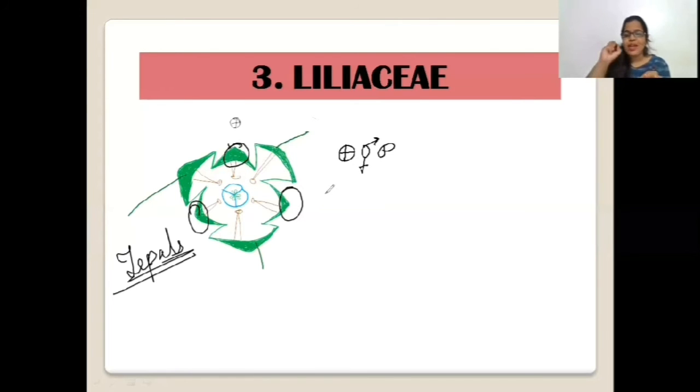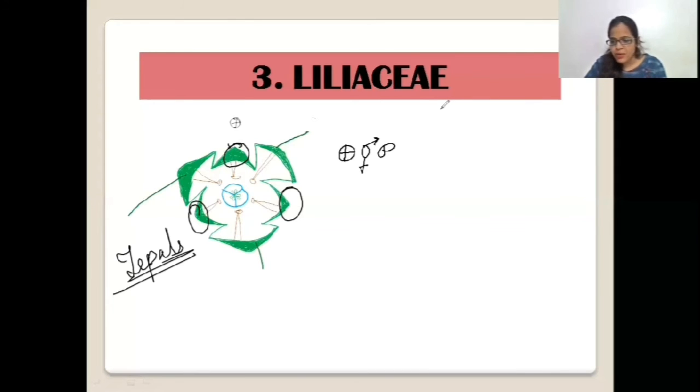I don't know why, but P is present now. This P has got how many numbers of the tepals? You need to remember what are the number of tepals present over here. As you can see, on the outer whorl, 3 tepals are present, and on the inner whorl, 3 tepals are present separately. So we write it as 3 plus 3. We don't write them as 6. Remember, we write it as 3 plus 3.